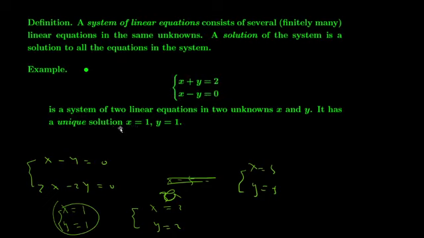When we say one solution, we mean a pair of values. We do not say two solutions. We say it's one solution. One solution is a value of x, a value of y. That's one solution. For any system, again, we are concerned with what is the solution to the system, or what are the solutions